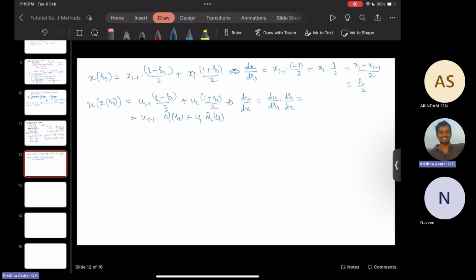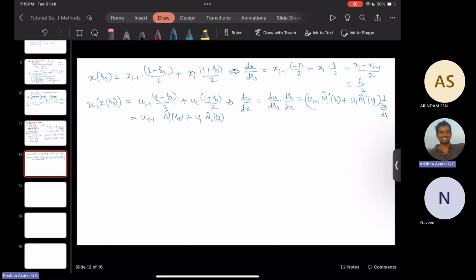So this is nothing but u_{i-1} N1 hat prime plus u_i N2 hat prime of z into